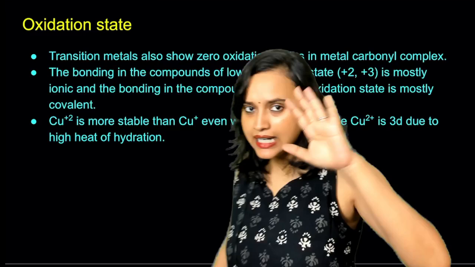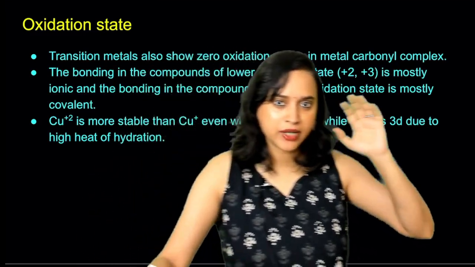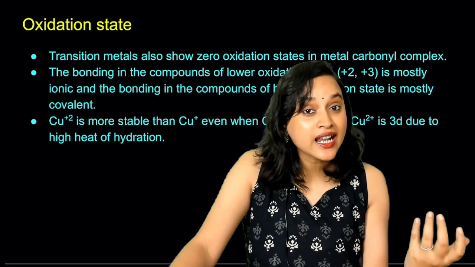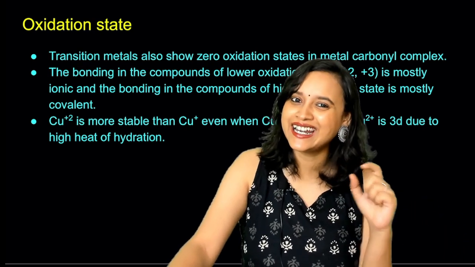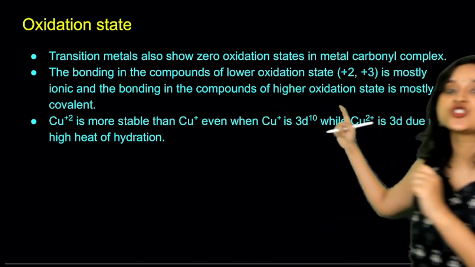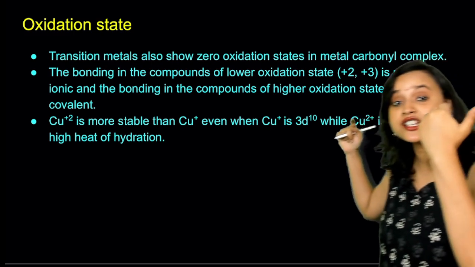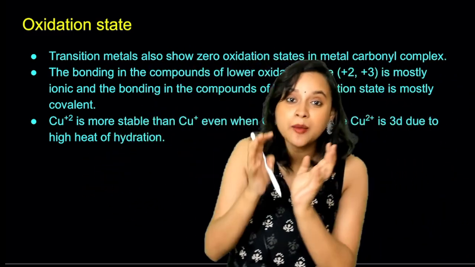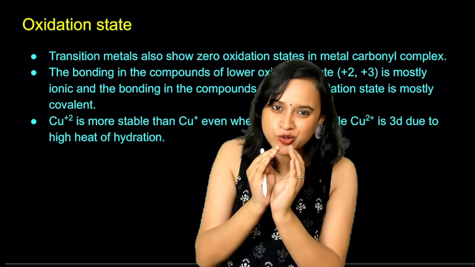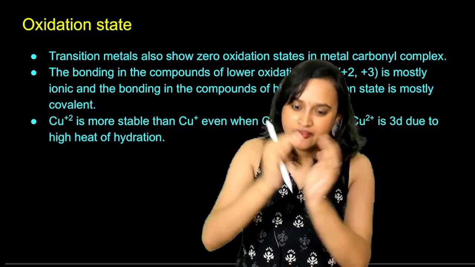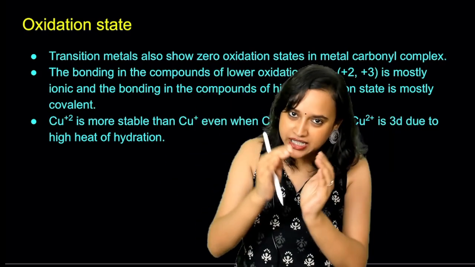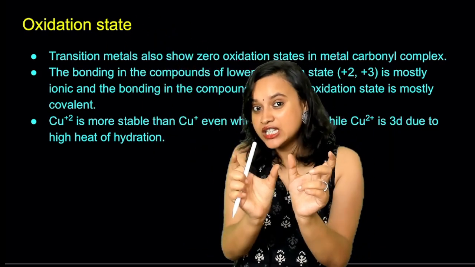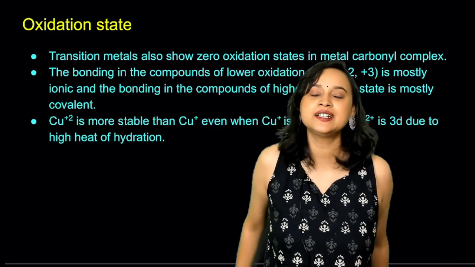and if it goes to higher oxidation state, it will be covalent. Once again, let us quickly recap Fajan's rule. Everybody, in Fajan's rule, what have we studied? We have studied that small cation, large anion will give rise to what? Covalent character. So if anything goes to higher oxidation state, that means it has lost plenty of electrons. If it has lost plenty of electrons, what will happen to the atomic radius? It will be smaller, isn't it? And if atomic radius is smaller, you get a small cation, and if you mix it with a large anion, you will have covalent character.